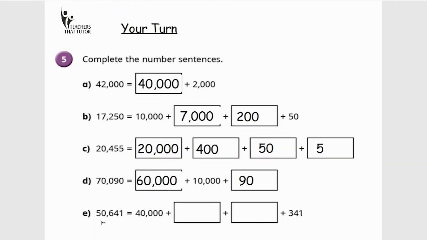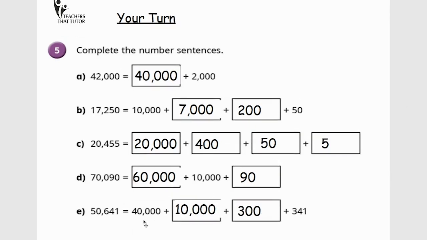And finally, 50,641. This time we're given the 341. We're given 40,000. So what's missing? Well, to make 641, we would need an extra 300. And to make 40,000 become 50,000, we would need an extra 10,000. So when all of those parts are put together, we've got 40 and 10, which is 50, 300 and 341, 641. So all of those parts put together would make